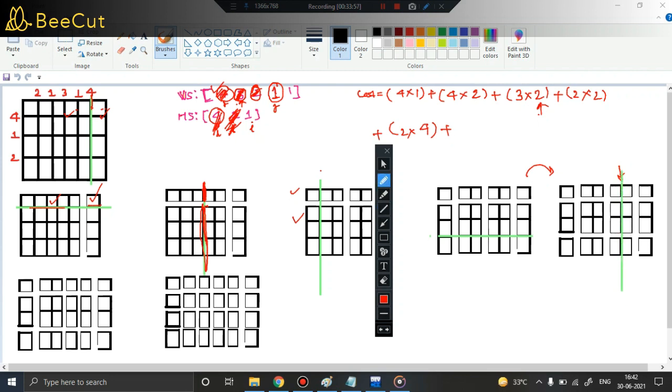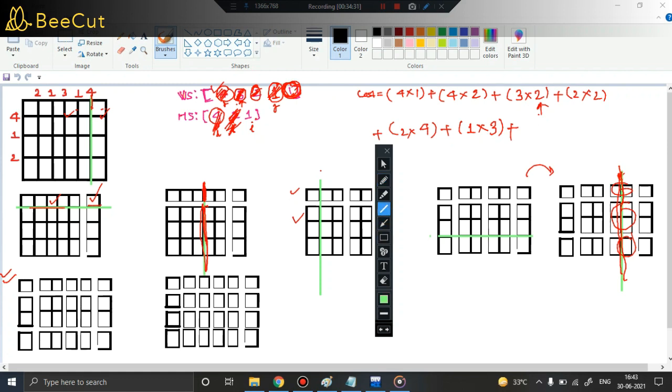Now what is the cost of this edge? The cost of this edge is nothing but 1. So 1 into the number of var parts, since I am cutting it vertically, and I keep track of the var parts. Var parts are 1, 2 and 3. So 1 into 3, right? Plus. After you cut through this edge, this is the output, right? Now J has incremented to the next point, this one. Again I and J are equal, so again you perform a vertical cut.